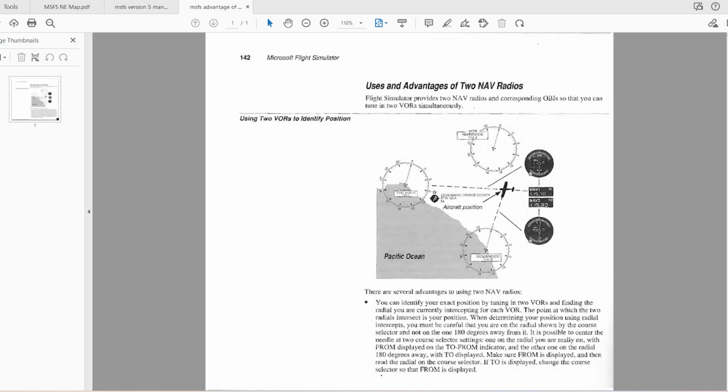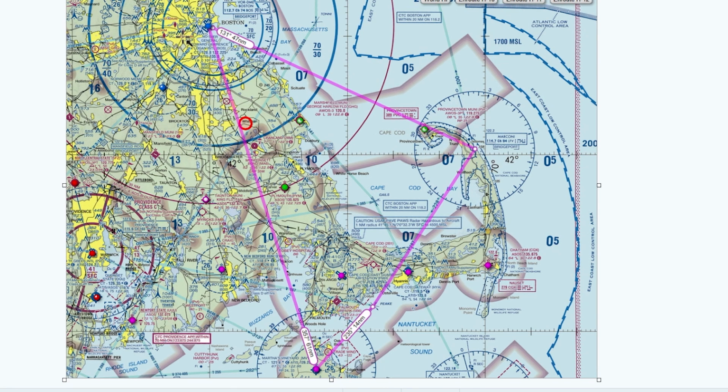Alright, so 131 over here. Okay, so hopefully that will come in soon. So let me go back to the flight planning that we did over here. Right now we went south and then turned east to pick up this 131 radial. So this is our initial flight plan from Boston VOR to the Marconi VOR on the Cape,